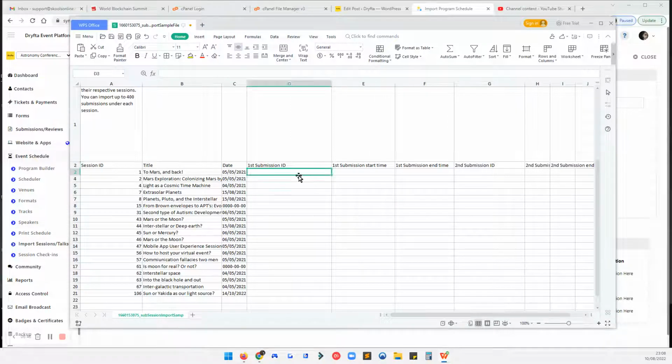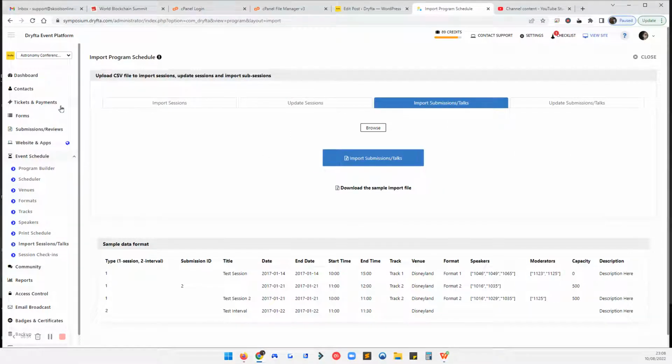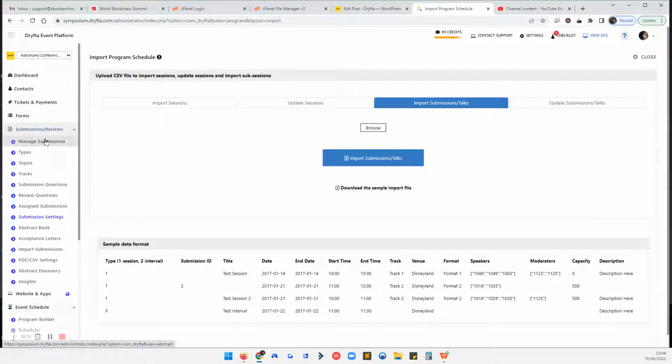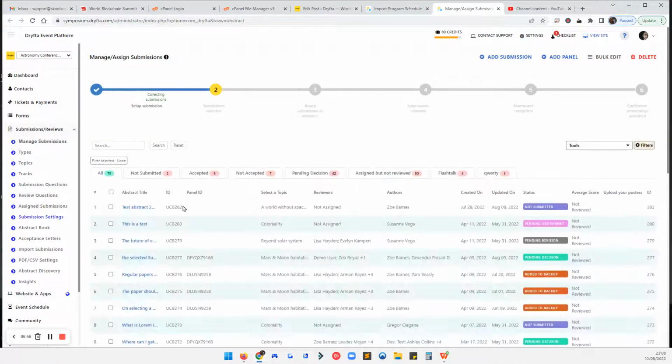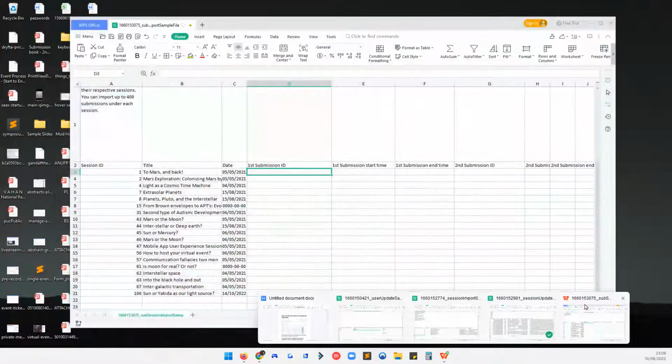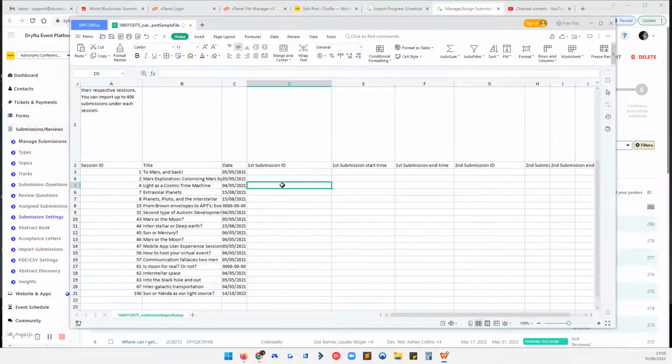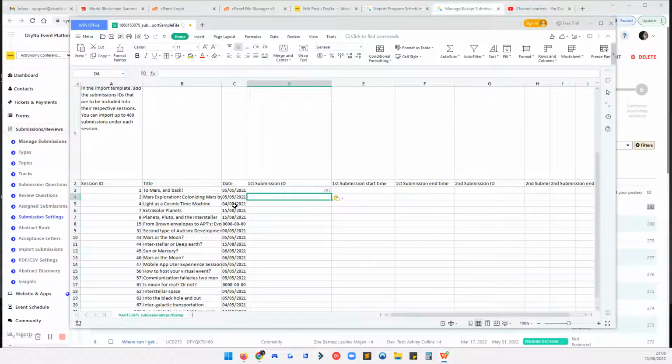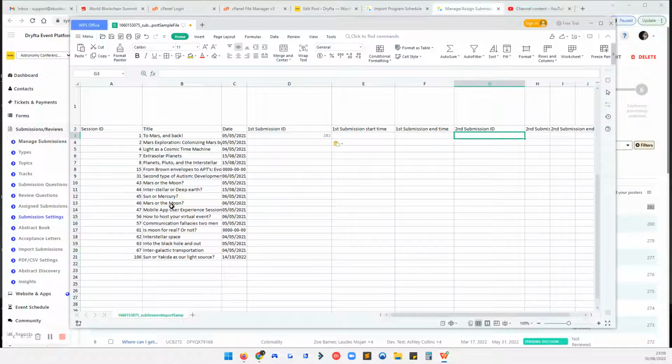And if you want to fetch the submission ID, then you need to go to Submissions and Reviews, click on Manage Submissions, and there you can view the ID. So this is the ID. This is the ID here. This is the unique ID which you need to copy and paste into the ID column. So similarly, do it for the next submission that you have for that session,